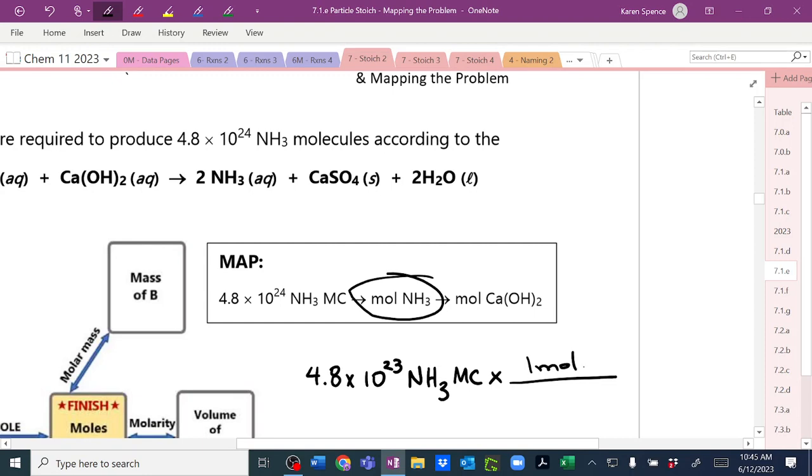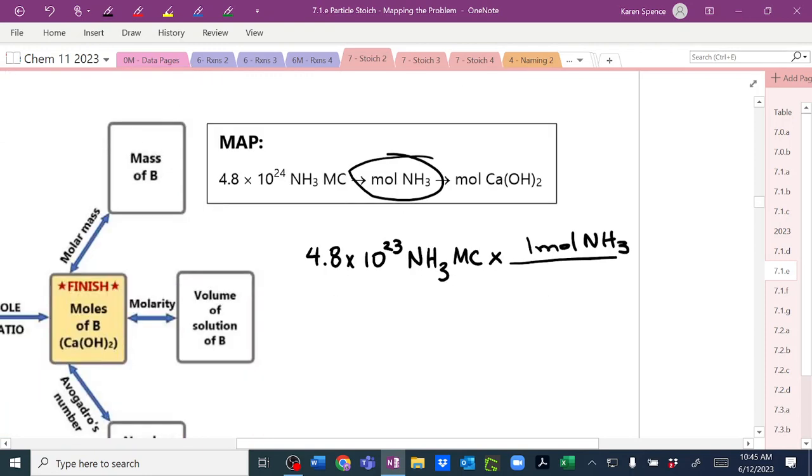1 mole of NH3 for every, what number and unit are going to go on the bottom? Tell your partner. What number and unit on the bottom? Hopefully 6.02 times 10 to the 23 NH3. So we've found moles of A,